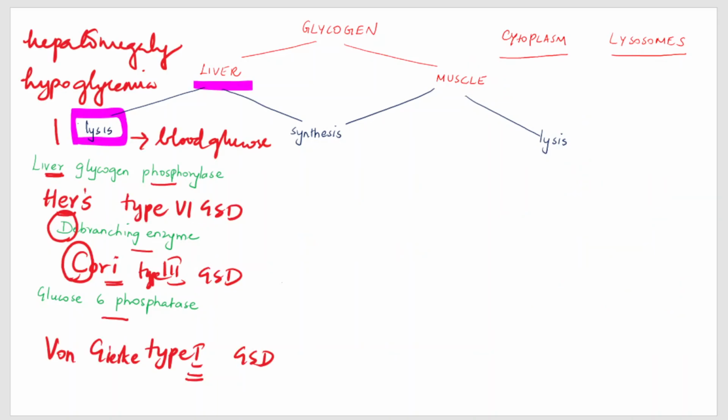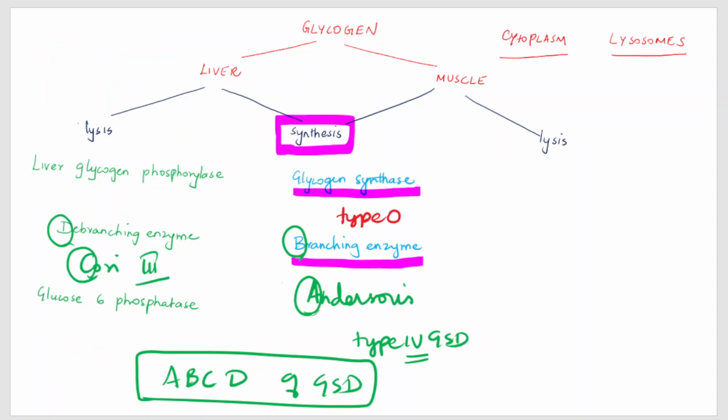So in liver, what can it lead to? Liver glycogen phosphorylase deficiency can cause Her's disease, which is type 6 glycogen storage disease. The debranching enzyme deficiency, Cori, rhymes with 3, so it is type 3 glycogen storage disease. And glucose 6 phosphatase deficiency can lead to von Gierke's, type 1. 1 rhymes with von, right? Next is